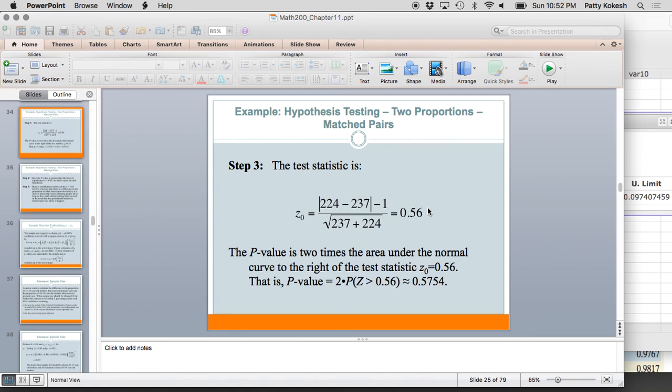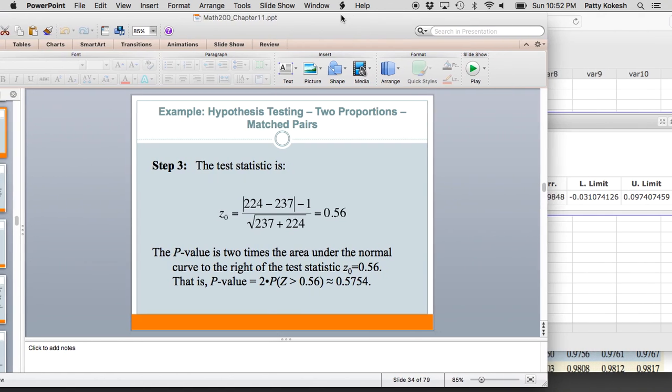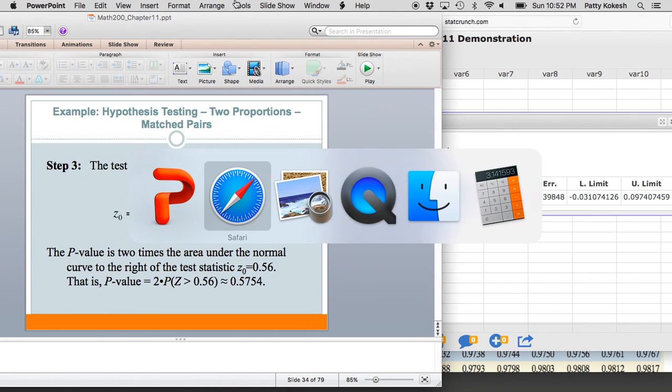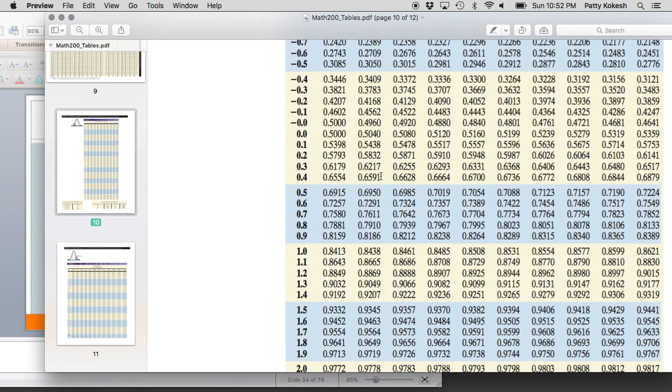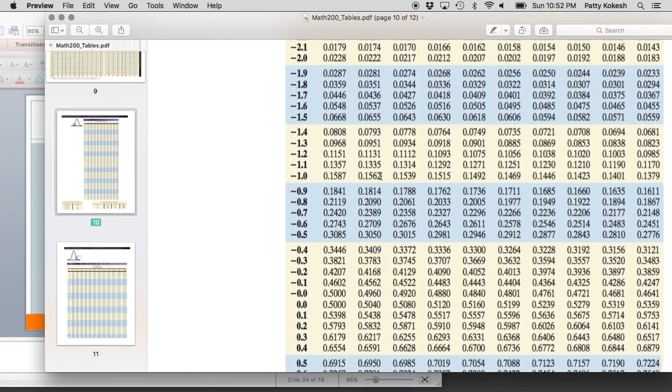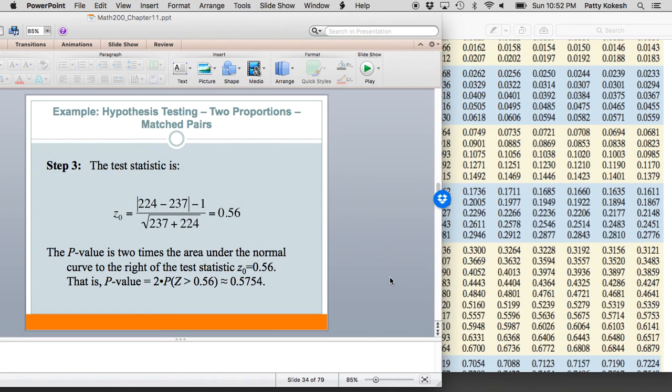So what we would like to do is go to our normal distribution table. Let me pull that up here. And I'm going to look for 0.56. So 0, 1, 2, 3, 4, 5, 6. That's going to be 0.7123, I believe. So if I take 0.7123,